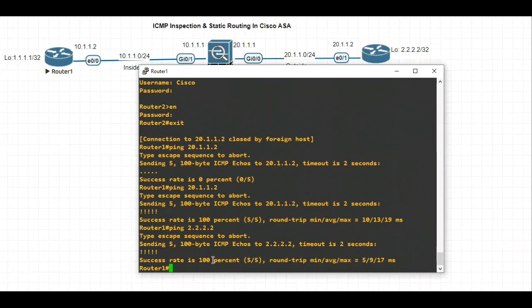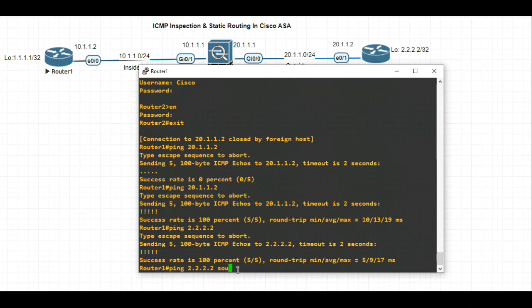So that's working. How about pinging the same loopback IP address with this source? At the moment, I have not configured the IP route on this ASA firewall. You will see the packets are getting dropped. Let's verify. Ping 2.2.2.2, that is the loopback IP address present on router 2 on the outside.